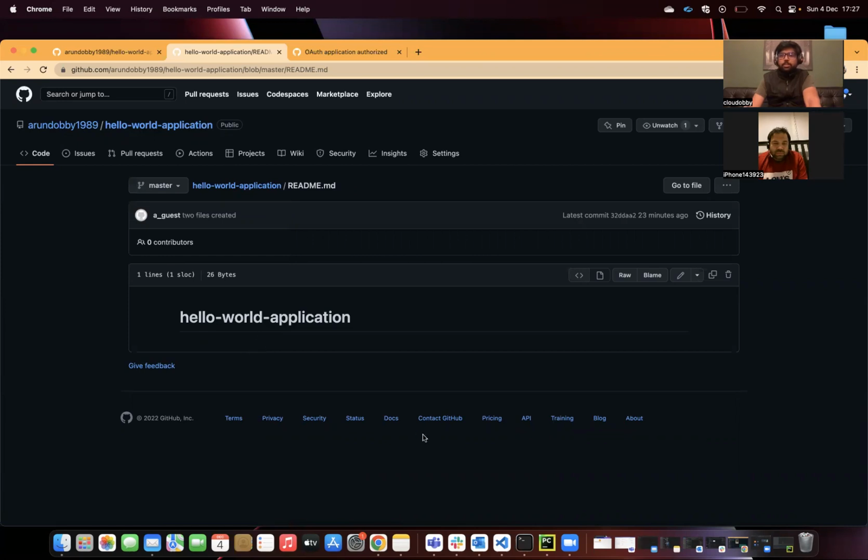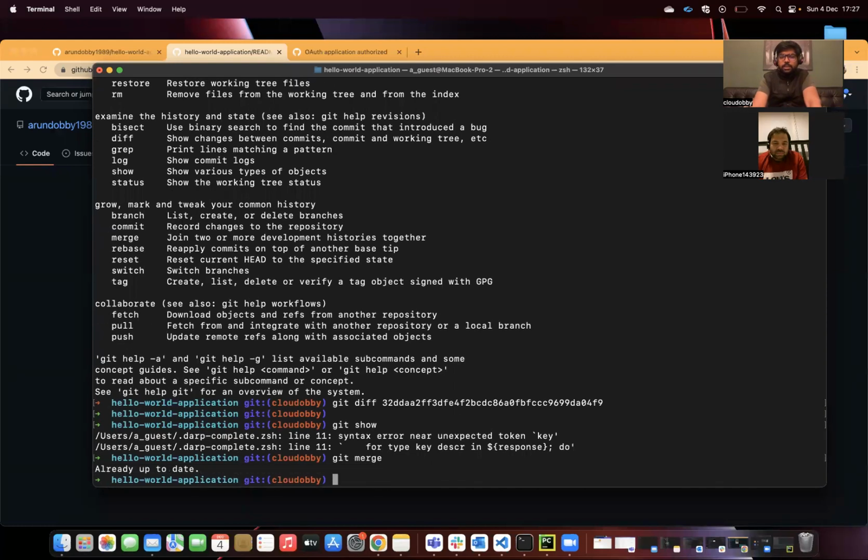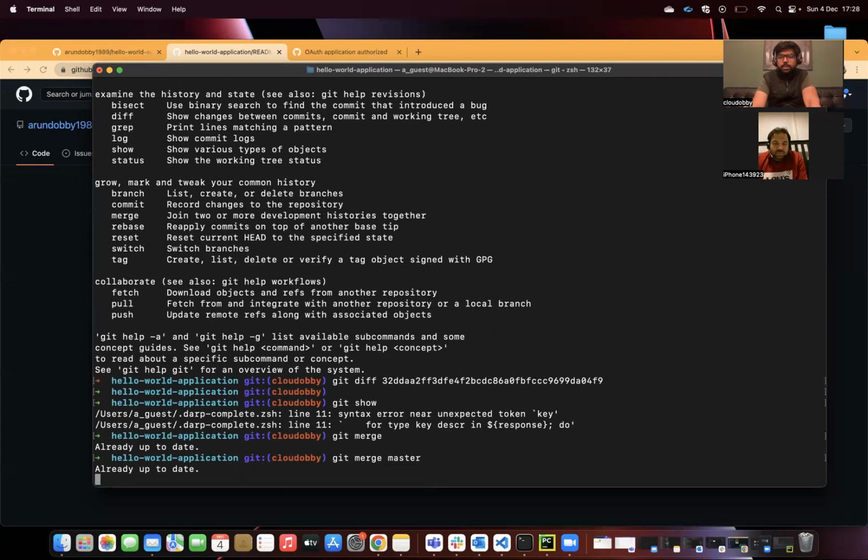So now I tested in my branch. I want to move these changes to my master. The git command for that is git merge. So merge my changes. When I give git merge, it says it's already merged. Then I have to give where you want to merge. So git merge master,